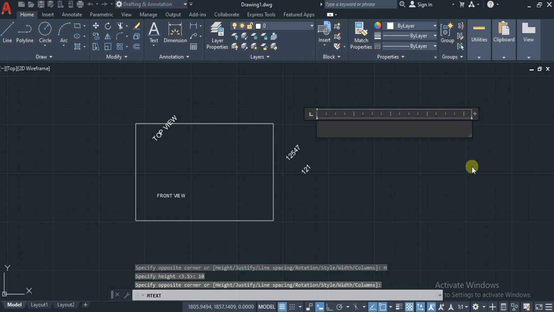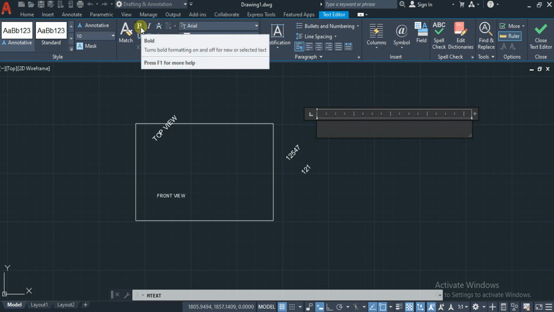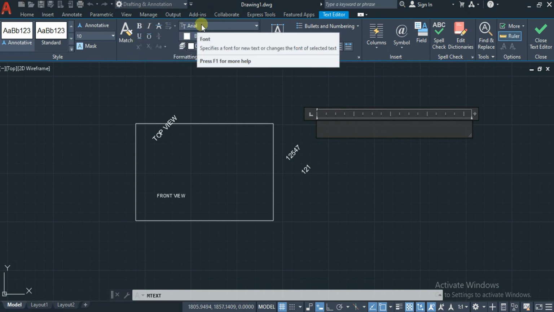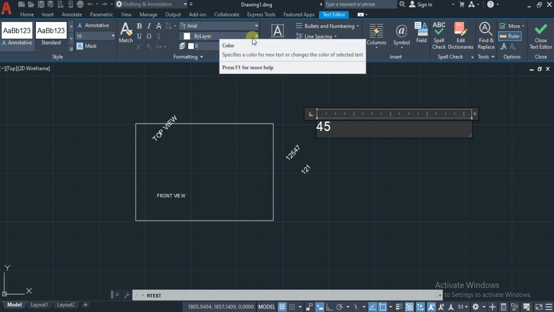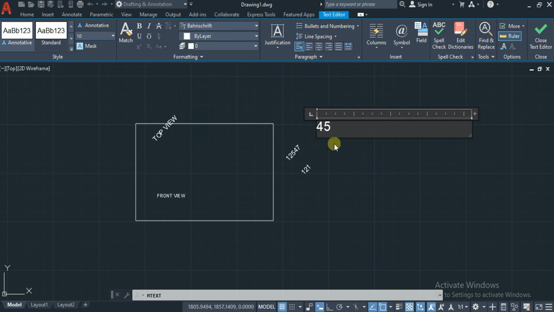One more thing: while we give the multi-line text, we get a change in the toolbar also, like this. If you want to keep it bold, you can simply highlight the bold, italic, strike, underline, overline options. Whatever text you want to type, you can type it there, and if you want to change the format, you can change it there. For example, I want to type something here. Suppose let it be title block.